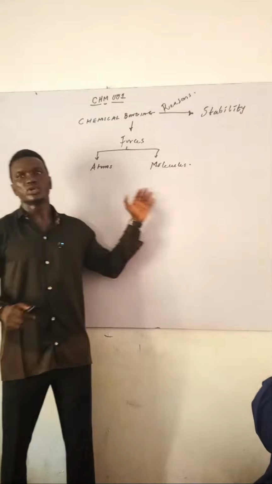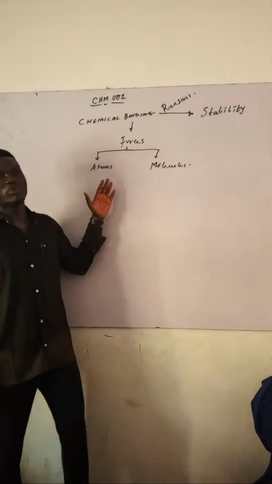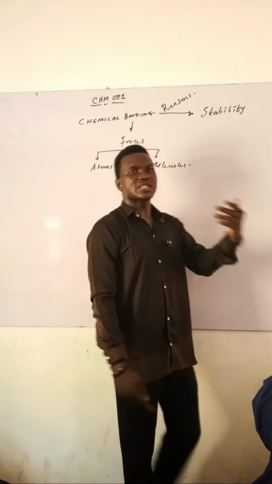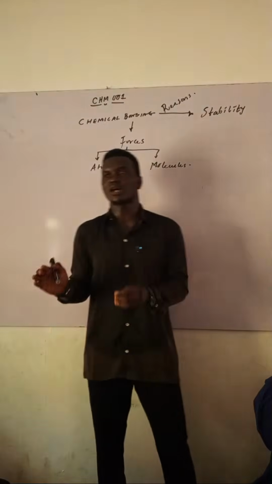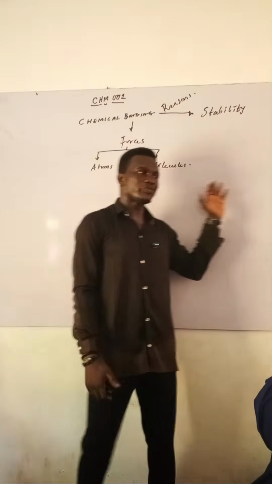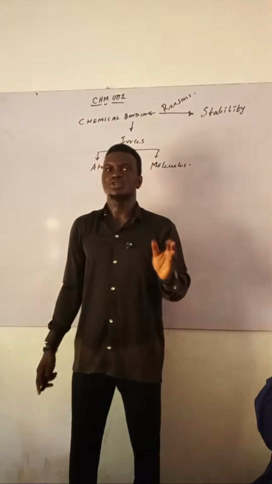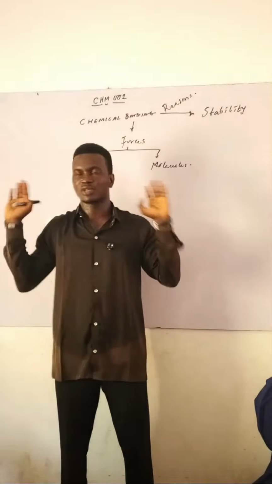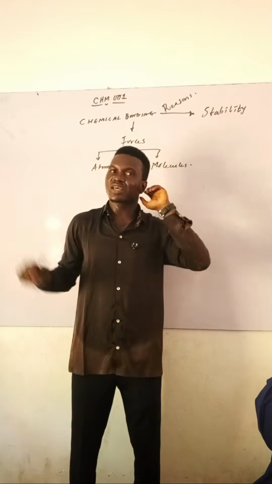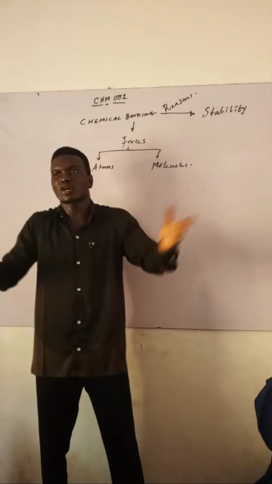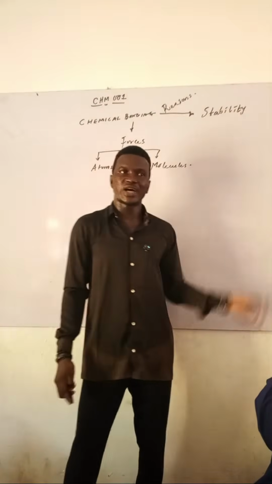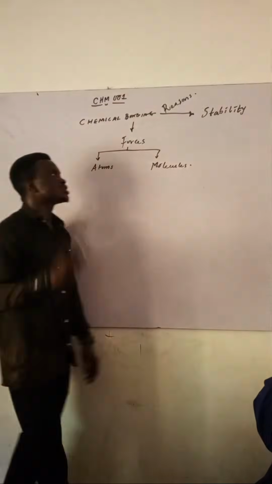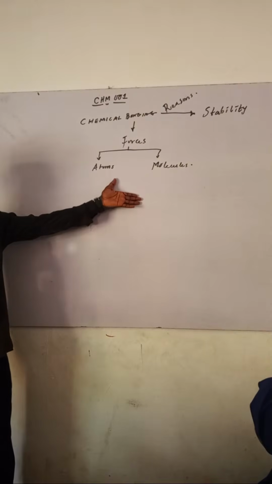So if we keep giving notes, if you want me to calm down and teach you chemical bonding, I might take like 2 weeks for every class because I will start explaining and breaking it down one after the other and giving you notes. But there's no time for that now. So you have to be smart. I will just be telling you all the important points you need. So pick them as I'm saying them, and practice questions. Is that okay? Because there are a lot of things we need to do. But if you want us to be very slow, it will be to your disadvantage. We won't cover anything and you might not do well in the exam. So please, it's not everything that they need to spell out to you.